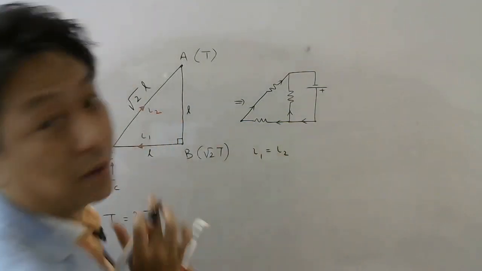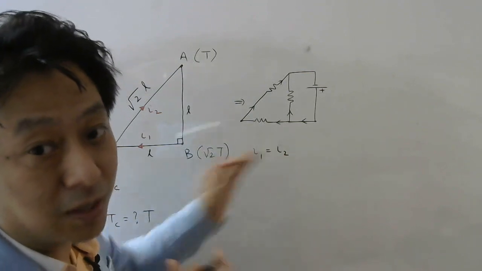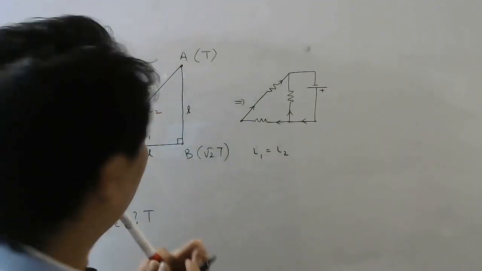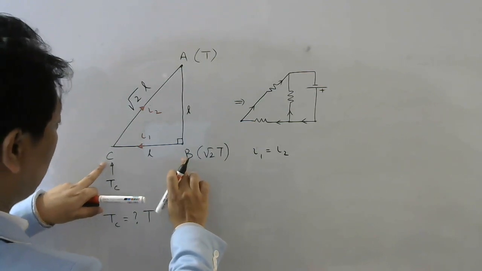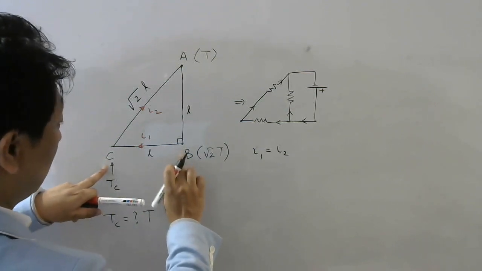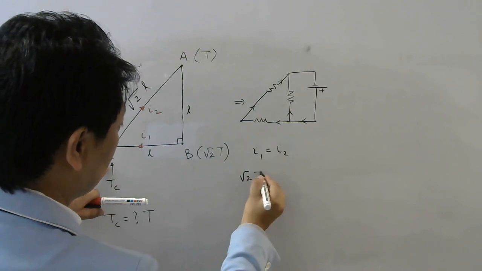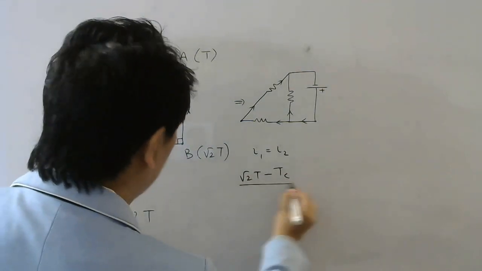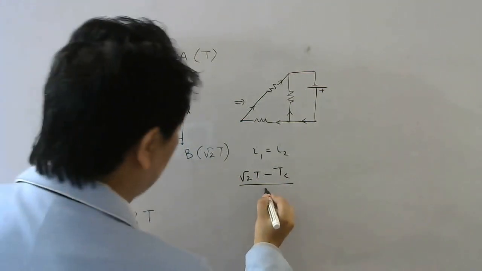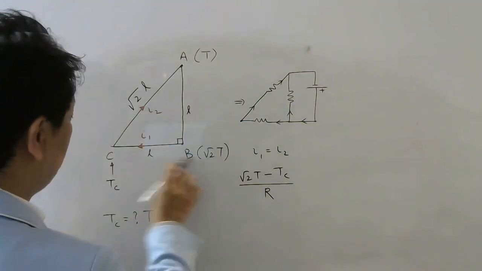So this will help us. Let's try to see whether this will give us the right answer or not. How will you find this heat current? This temperature difference, right? What is the temperature difference here? √2T minus temperature of this point Tc divided by resistance of this part. Let us write resistance of this part as RBC